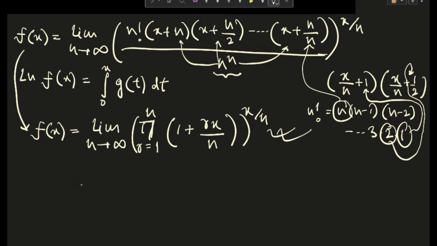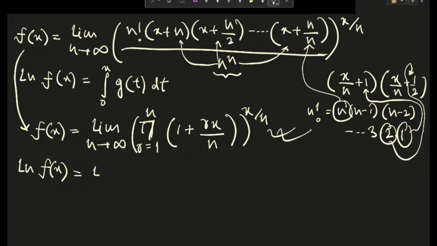So now what we will basically do is, we can't evaluate this integral directly, like you can understand, right? 1 plus rx by n, it will sort of lure you to apply integration as limit of sum, and that is very evident and correct also. So to do that, we have to convert this pi into sigma, because it's not in a standard form, and for that we'll take ln of x on both sides. So let's take ln, and ln of x